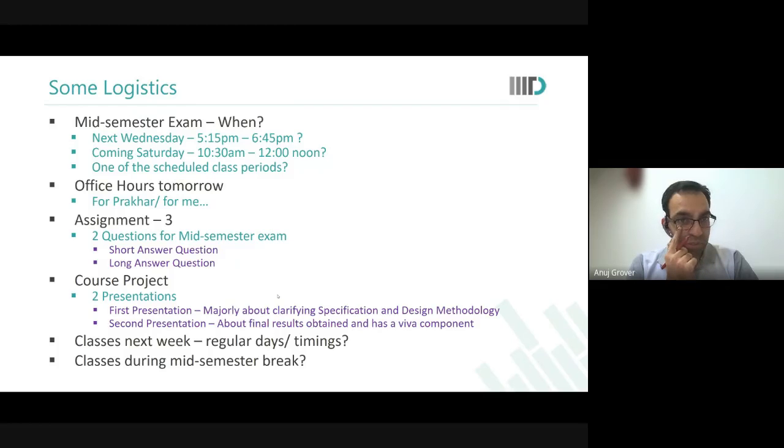So that was about the course project. This is just to anticipate it for you so that it doesn't come as a shock or surprise when you see the course project details. The course project will be done in groups. So you can already start to think of forming groups of about 2 to 3 people so that it becomes easy for you to pick up a project as soon as the list is announced.